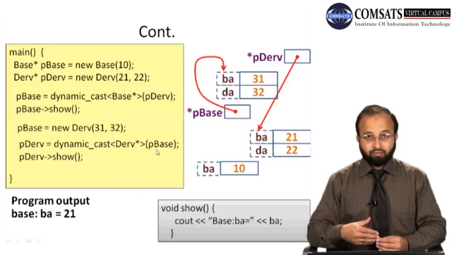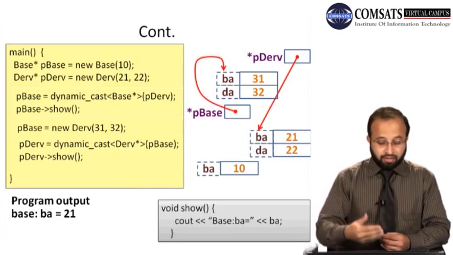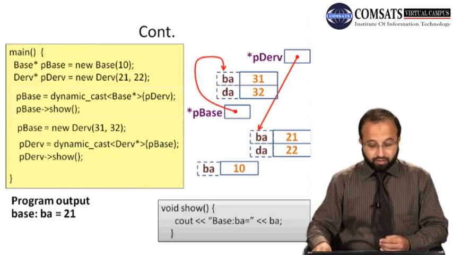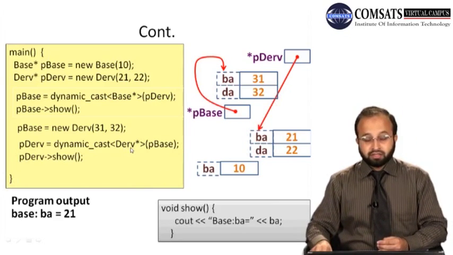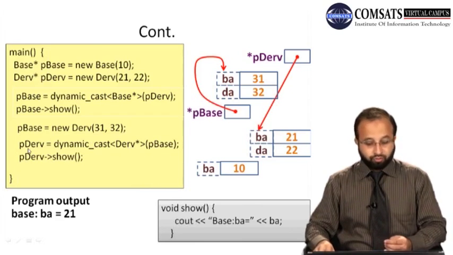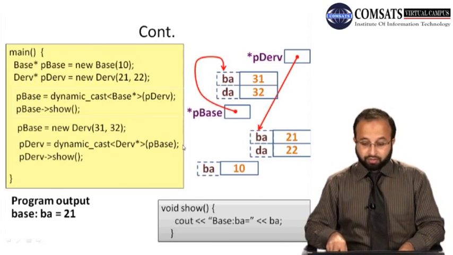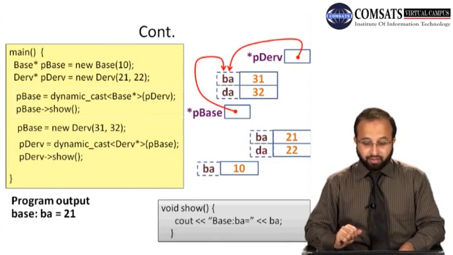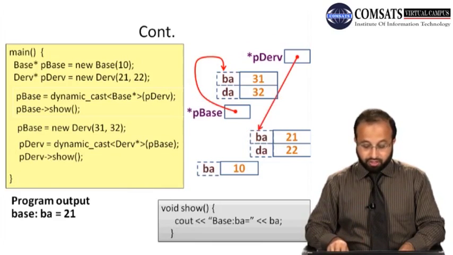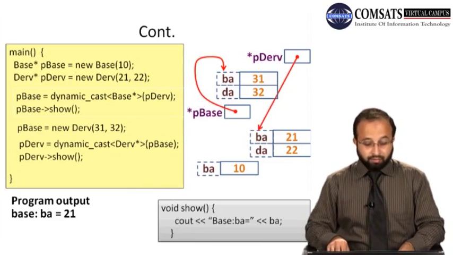हम p base टाइप के पॉइंटर को टाइप कास्ट कर रहे हैं using a dynamic cast operator into a derived class, और वो असाइन कर रहे हैं p drive को, पॉइंटर ड्राइव को, ठीक है। So इसका मतलब है कि जो p drive ऑब्जेक्ट है, that object currently pointing to this memory location after the execution of this statement. ये जो स्टेटमेंट है इसकी एग्जीक्यूशन के बाद now p drive object will point to this memory location, ठीक है।